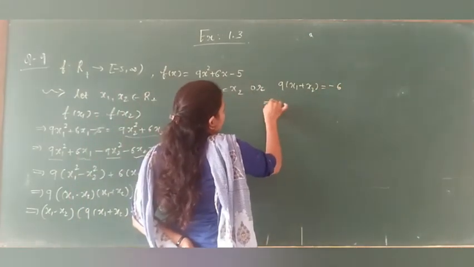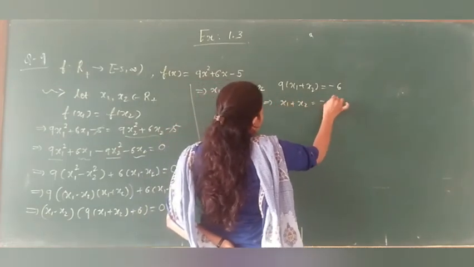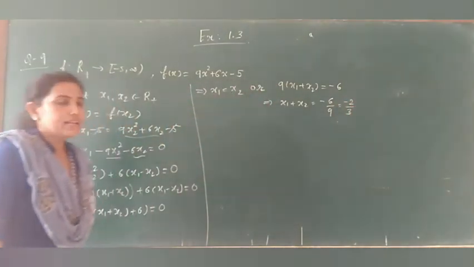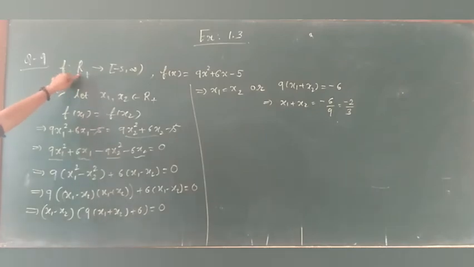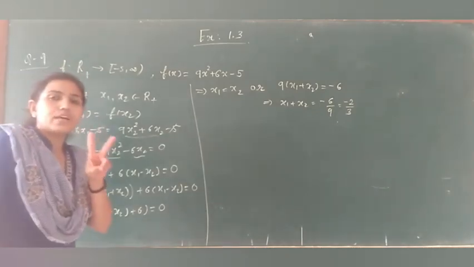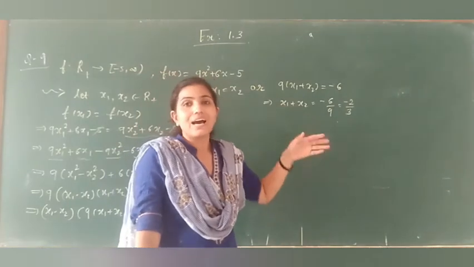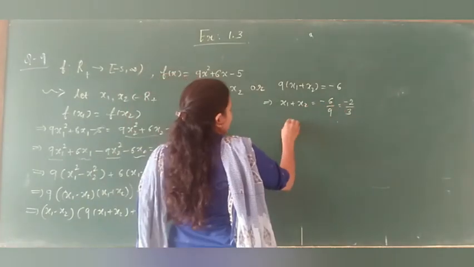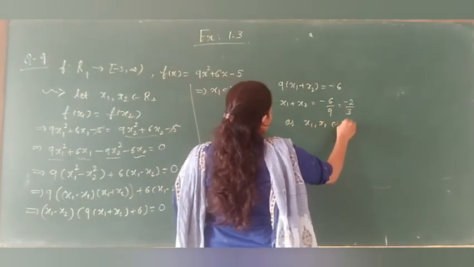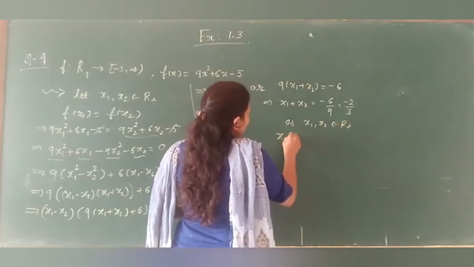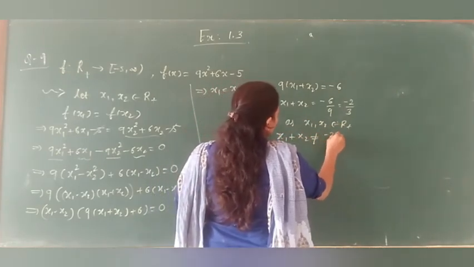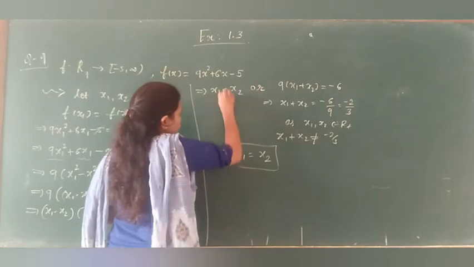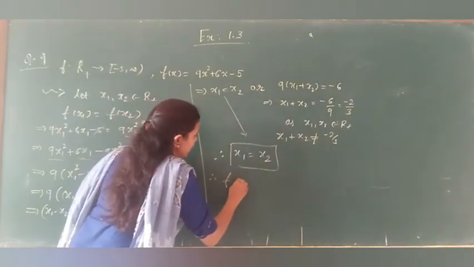That means x1 plus x2 is equal to minus 6 upon 9, that is minus 2 by 3. But as x1 and x2 belong to R plus, when two numbers are positive, how can the addition be negative? So not possible. As x1 and x2 belong to R plus, x1 plus x2 cannot be equal to minus 2 by 3, and therefore we are having x1 is equal to x2, and therefore f is